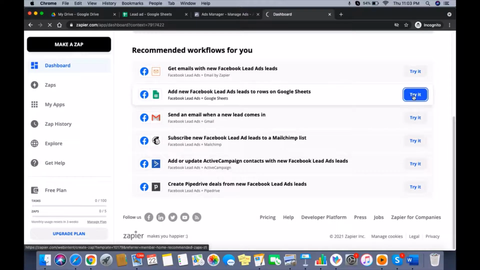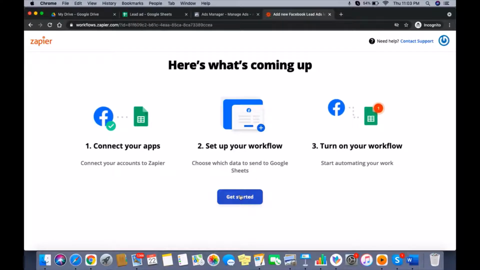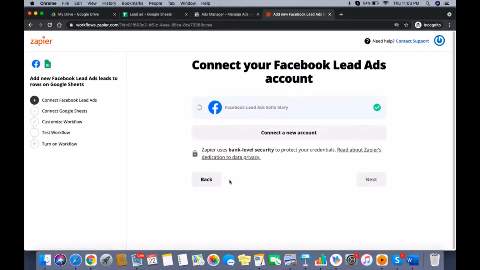So just select this one. If you want to do any other automation, you can just select that and follow the steps. It is really easy and everyone can do this. But the only thing is, we need to make sure that you do the proper mapping. If you don't do proper mapping, definitely you will find some problems here and there.